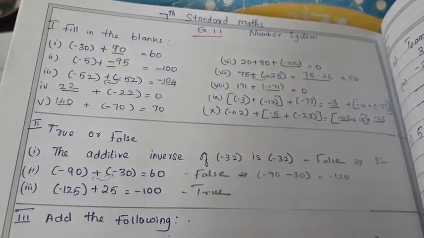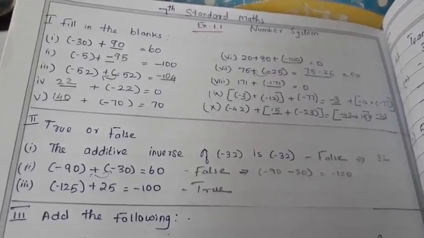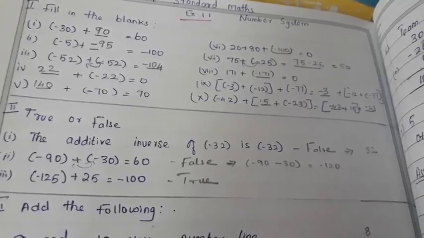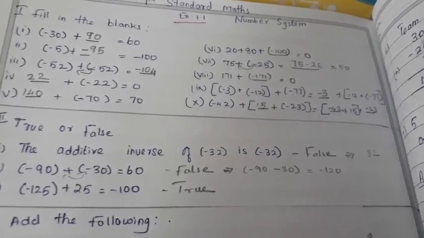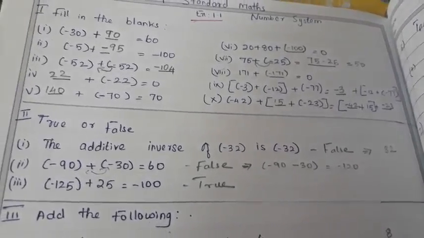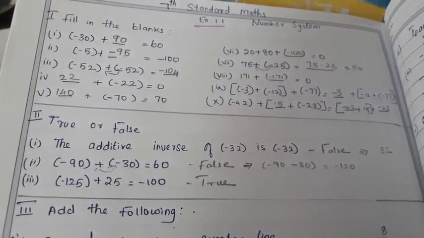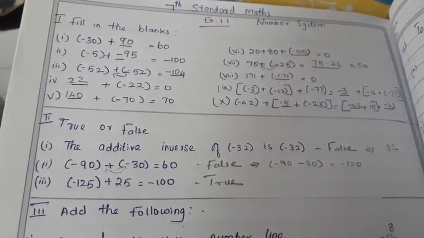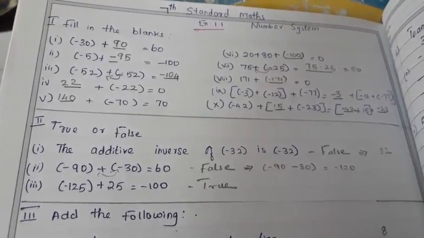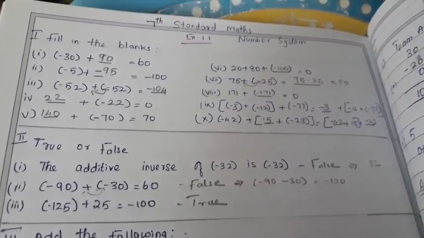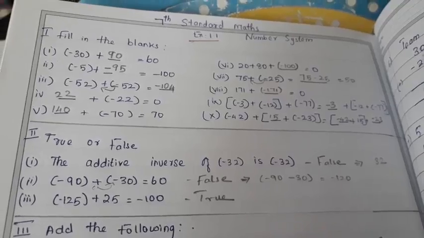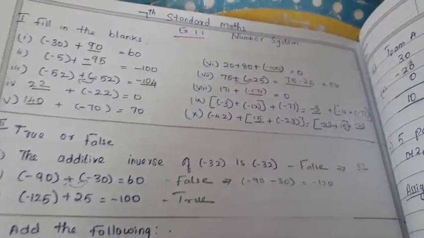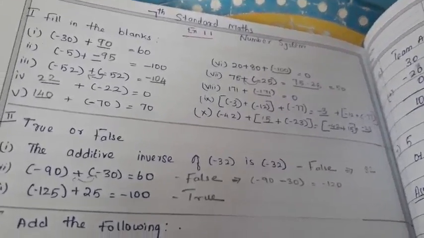Dear children, let us begin the first exercise in number system. So here I have given you all the problems in a detailed manner. So first Roman letter is fill in the blanks. Here the numbers written in pencil will be the answer and the numbers written in the pen will be the question. Clear? Okay.